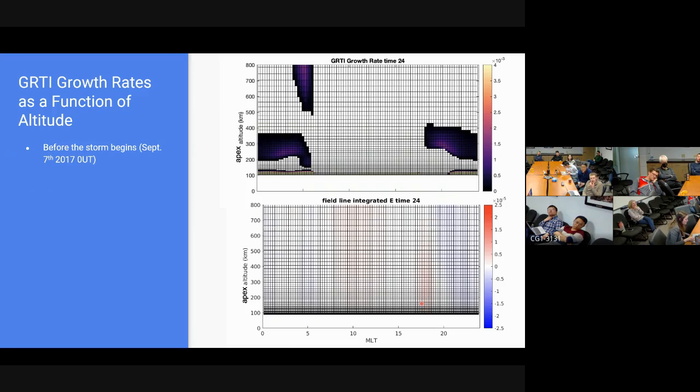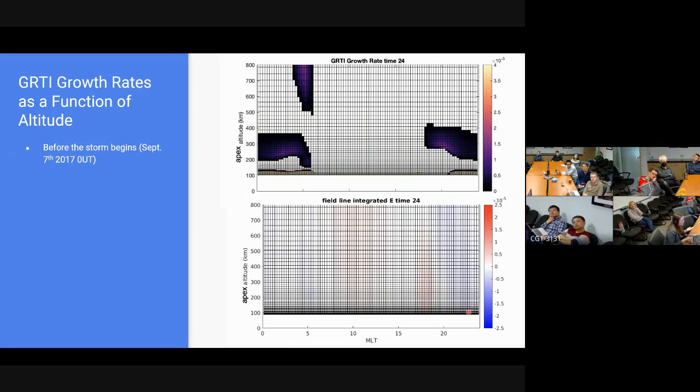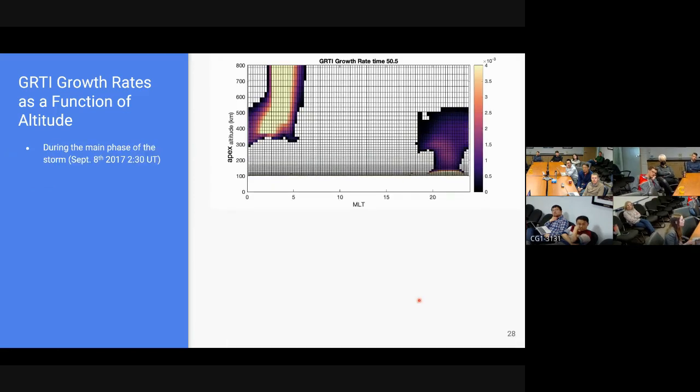We have a small enhancement here, which is just the typical quiet time pre-reversal enhancement, and then you can see everything goes negative at night, as we'd expect to see. So that's driving this small enhancement here, but this is the typical quiet time configuration. Okay, so now when we get into the main phase of the storm, we see that the growth rate